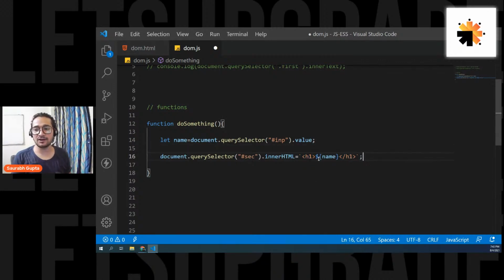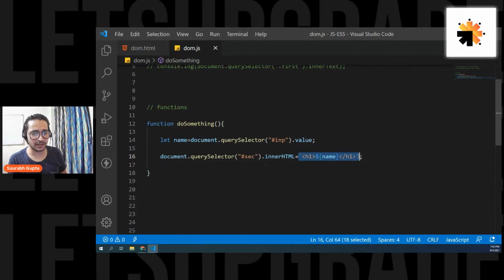And remember this, right? I hope you guys remember this. That's how you add a string and a variable together. We learned this in the first lecture, everyone. Here I wanted to mix string and variable, so I used the backticks, and that's it. Save it. What do you want to repeat, Yuvraj? What is your confusion? We have covered this in the first lecture only. This is the way we do it, right, everyone?